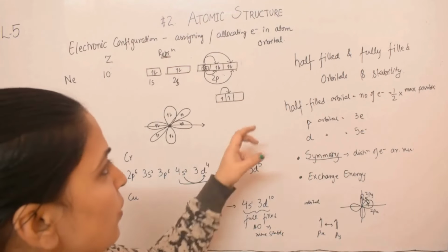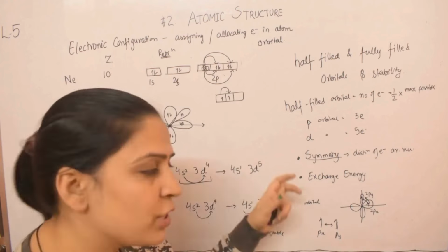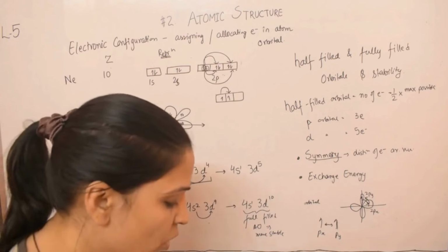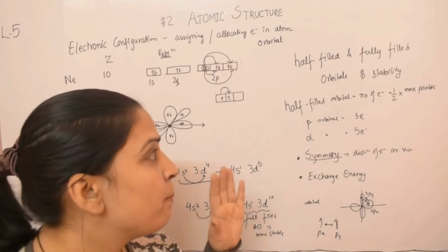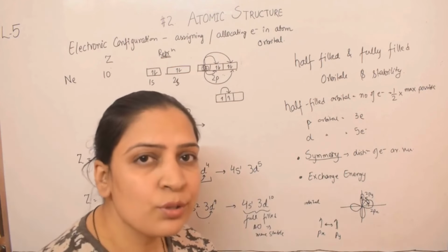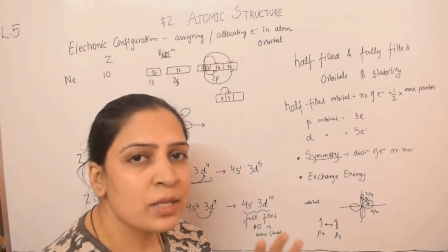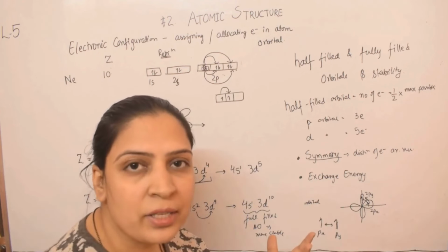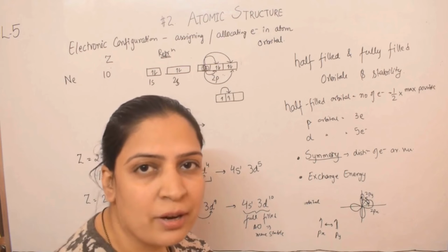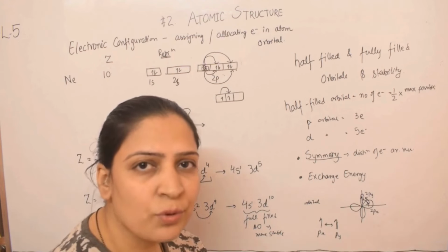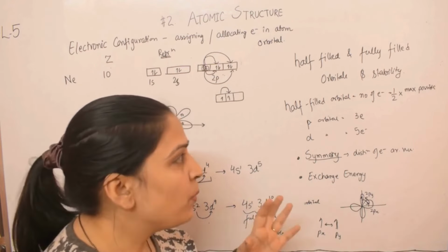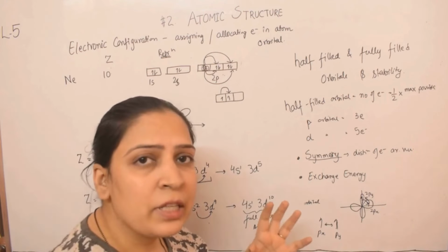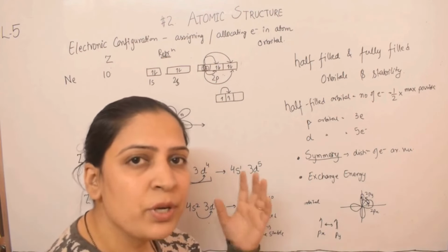So this is how this concept is used to explain such configurations, and not just these configurations, but this concept is also used while explaining some of the chemical properties of the elements, like why ionization energy of nitrogen is higher as compared to oxygen, and so on and so forth. This concept we will apply more and see its effect in the next unit, where we will see the periodicity in elements.